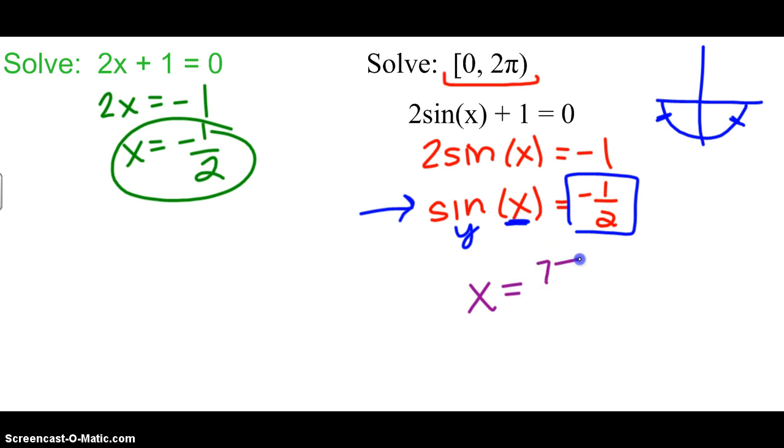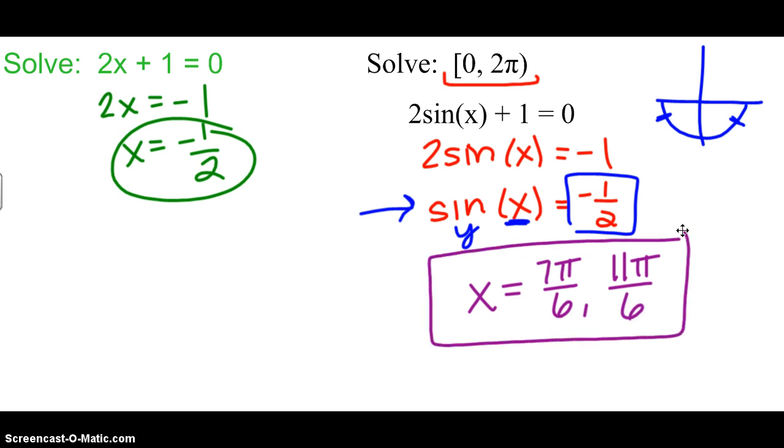are going to be 7 pi over 6. And 11 pi over 6. And you're done. Another way to consider doing this, if you have a calculator nearby, is to undo sine. We want to take the sine inverse. So I would take the sine inverse